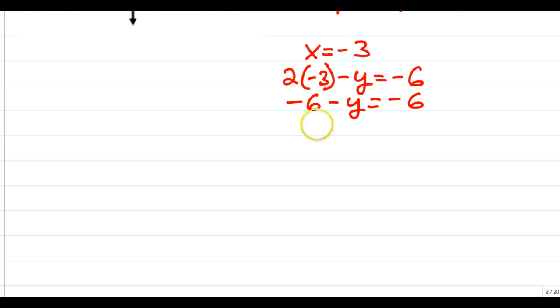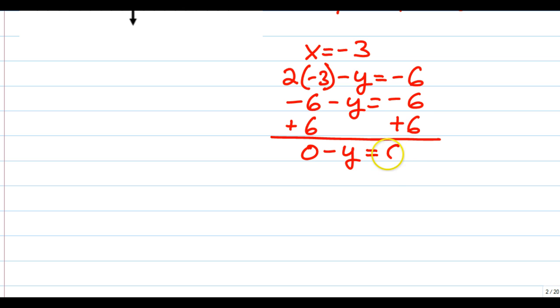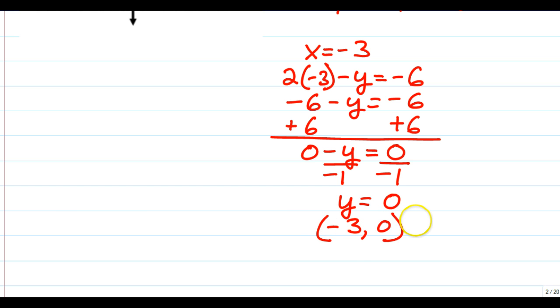I'm going to add a 6 to both sides to clear it off the left side. So +6 +6. As I do this, this comes down to 0. I still have the minus y to carry down, which then gives me on the other side a 0. Well, I want to clear that negative by dividing, so I will come back in there and divide by that -1, but 0 divided by a -1 is still 0. So my last ordered pair ends up being -3, 0. I need to come up and graph these